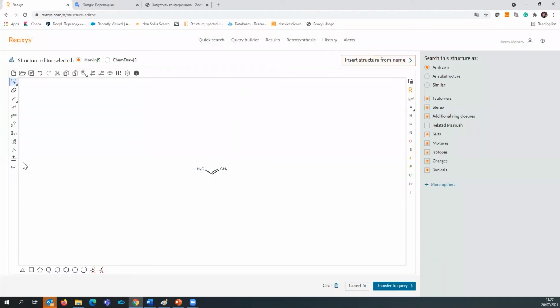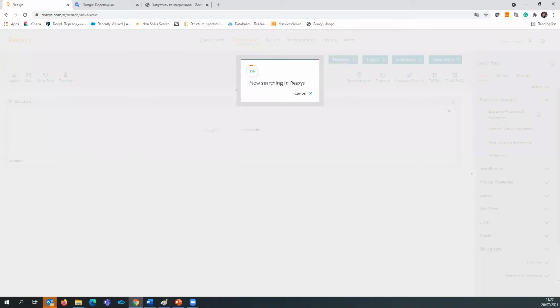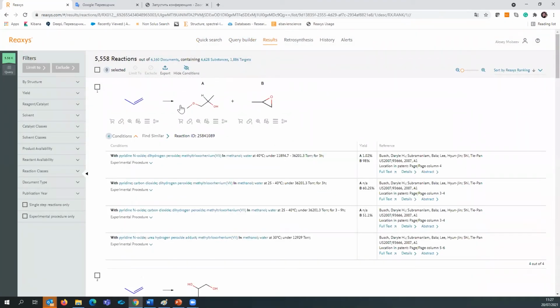and we can use our instruments for chemists using straight arrows for reactions. We can place arrow here, transfer it to query, and we are easily able to find reactions where Reaxys is used